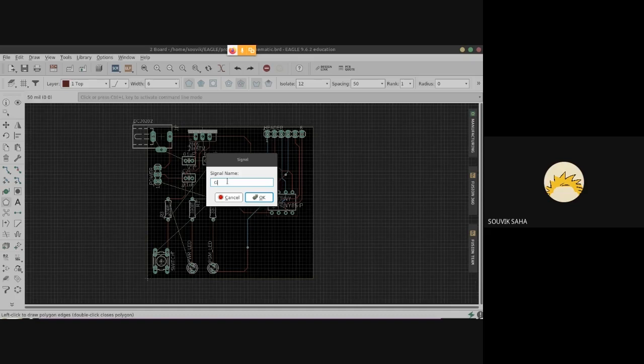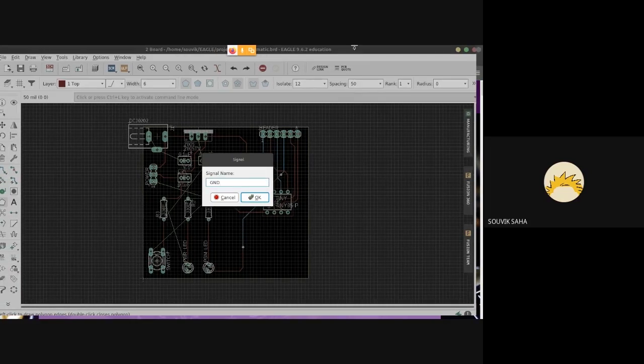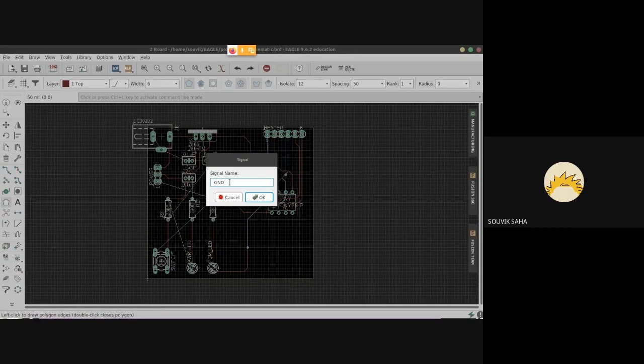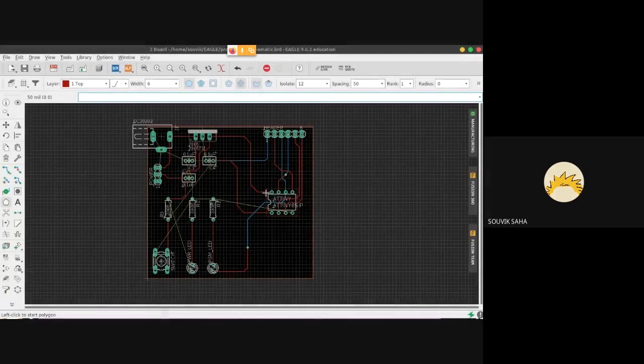Once you've done that, if you've connected the signals properly, you should be seeing this option. It will ask you for a signal name, and then give the signal name as GND, ground. Click OK.